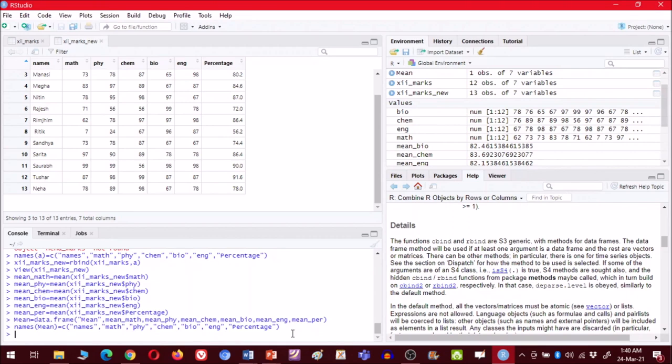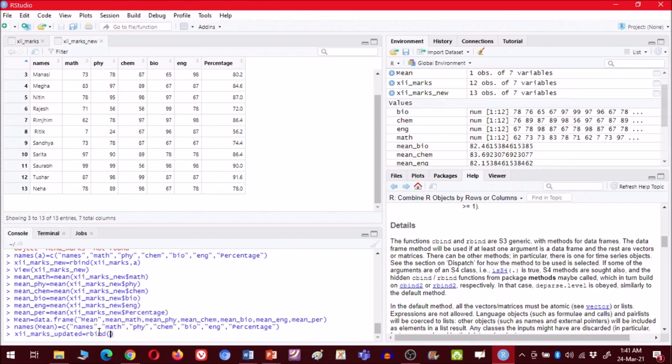So now we will create a new file which will be, say, 12th marks updated. I am giving the new file name; you can give any name you want. Updated equal to, so the name of the old file. So the old file is our new file. So we will use rbind.